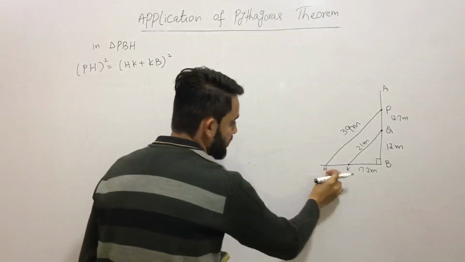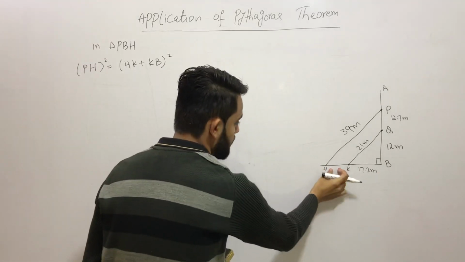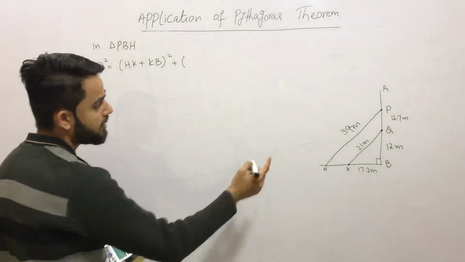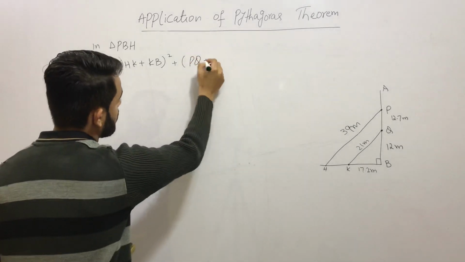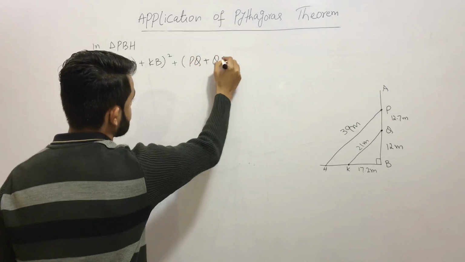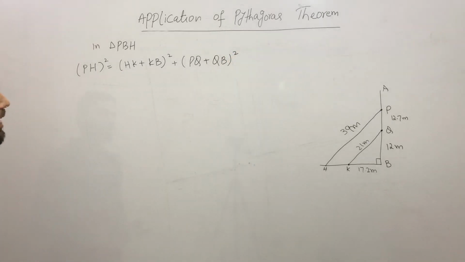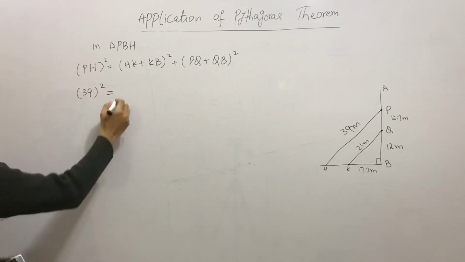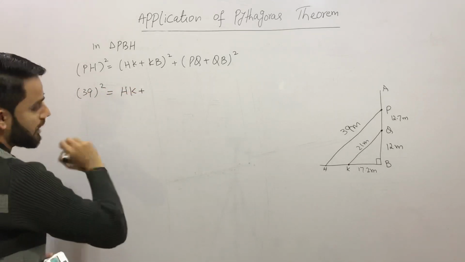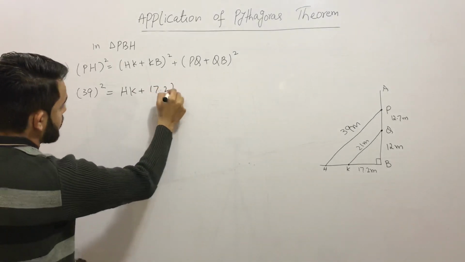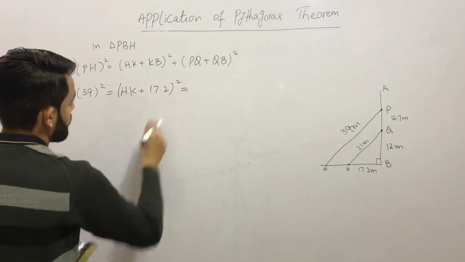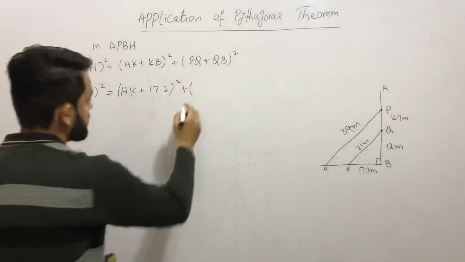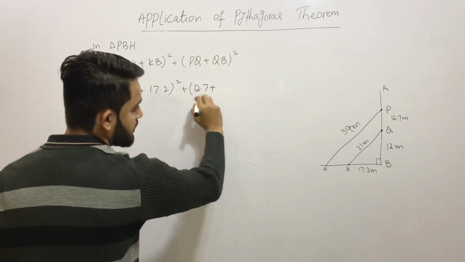Basically the whole base from H to B has two segments, HK and KB separately, plus in height we have PQ plus QB, square. Okay, now the value of PH is 39 square equals HK, we need to find it out, plus KB is 17.2 square plus PQ is 12.7 plus 12,